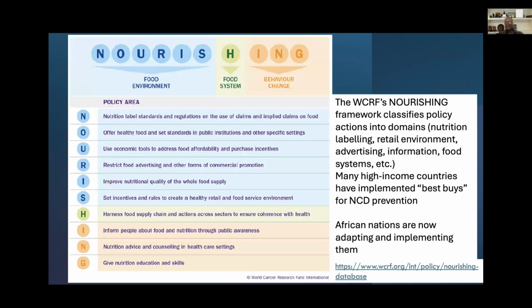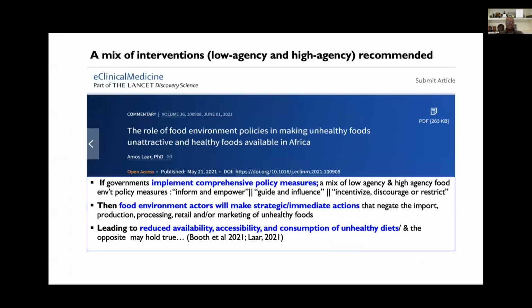The nourishing framework developed by the World Cancer Research Foundation classified such actions into domains, as you can see here. Some focus on labeling, retail environment, advertising, information, very similar to the INFORMAS framework that I talked to you about. And so we have leveraged those existing frameworks, guidelines, and proposals, and have argued that it is very possible for these food environment policies to be applied anywhere in the world, including Africa, and make unhealthy food unattractive